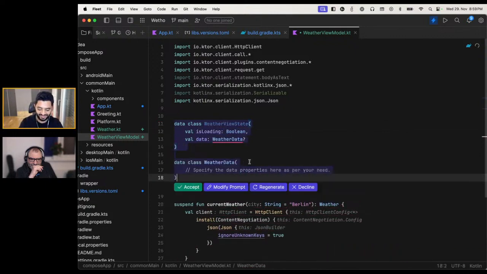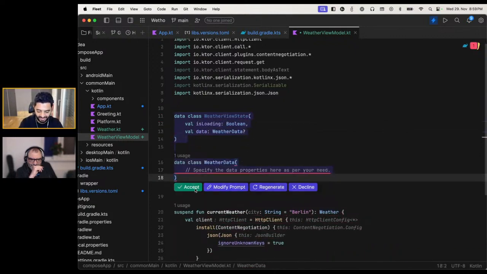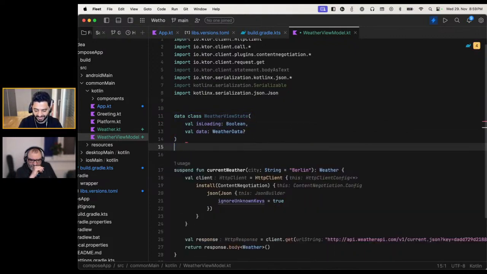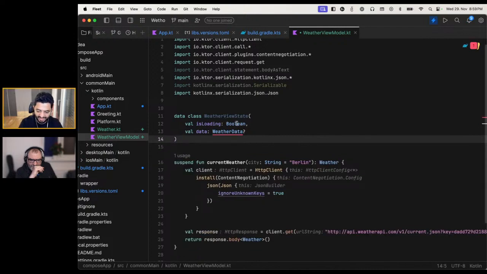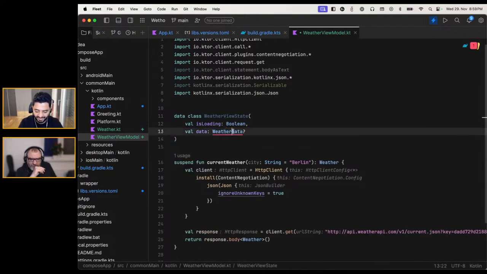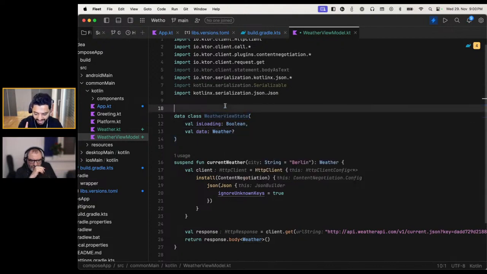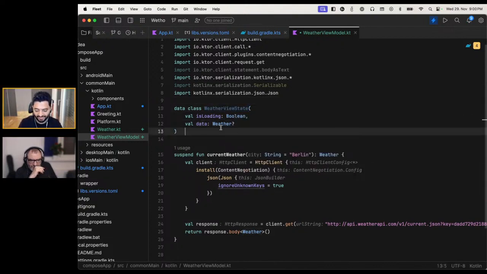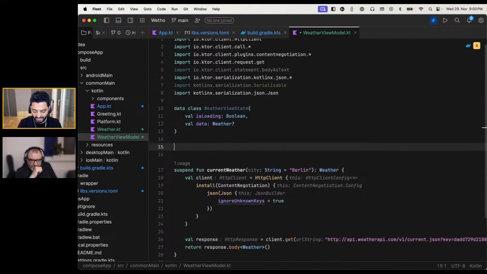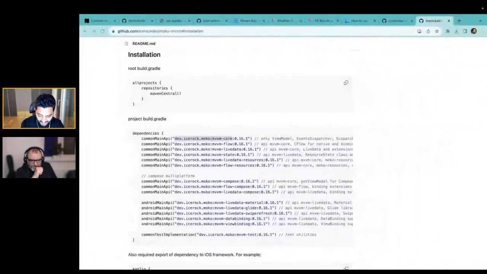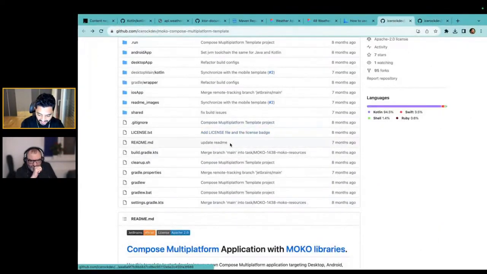Yeah, nice. Okay, I like that, but we don't need this one. Yeah, but it's okay. It's not weather data, it's weather. I know, but that wasn't what I had in mind, but it will work. So we have a data class that we can use as a view state, and now we need a view model. And if we look at one of the examples here,